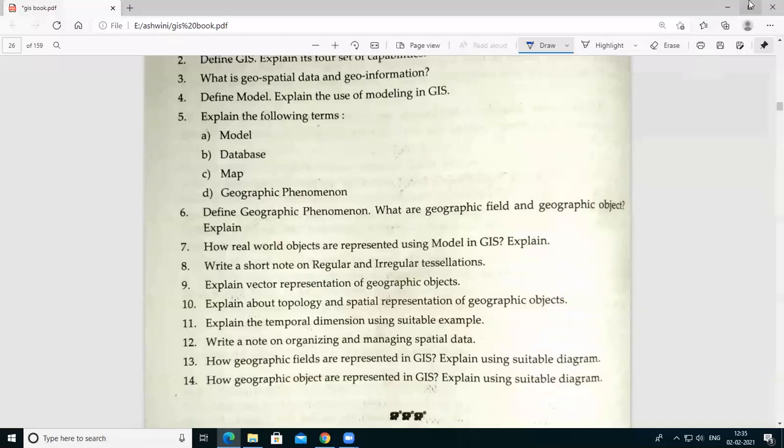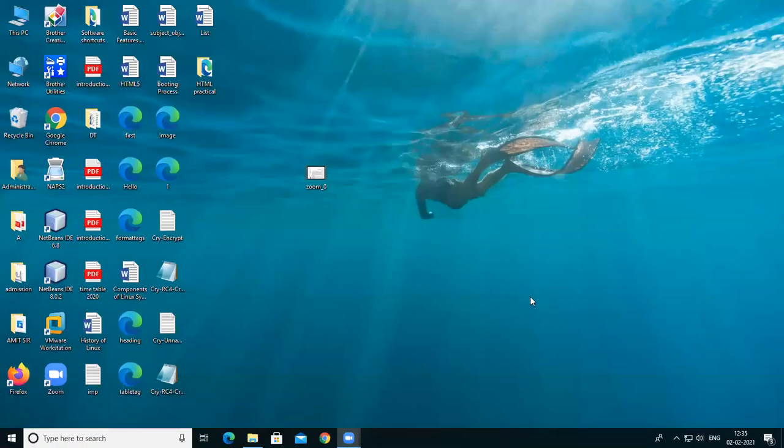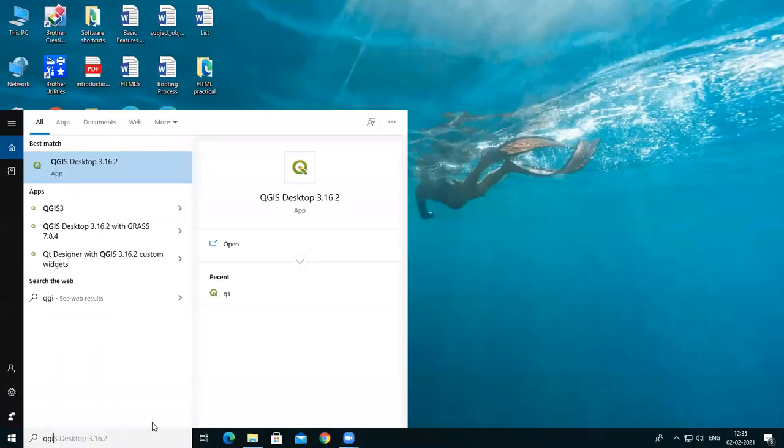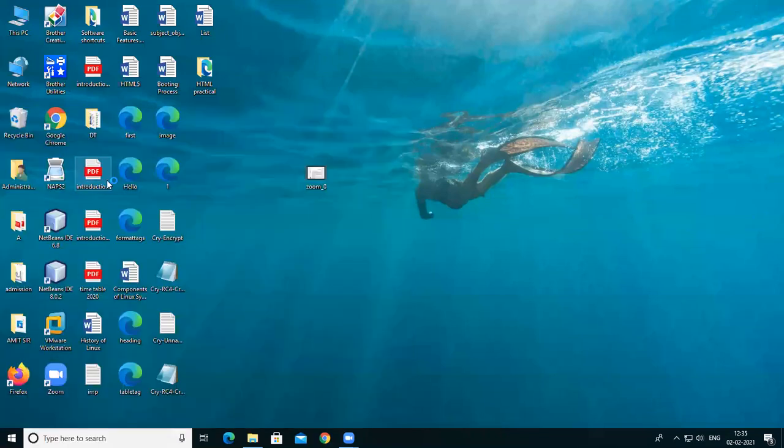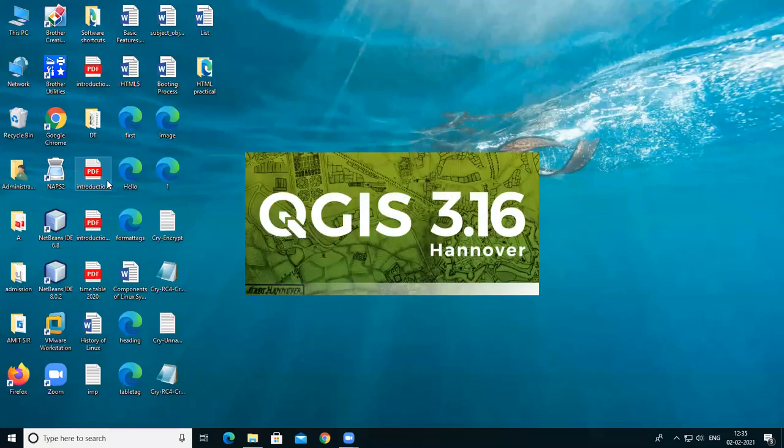So let's move towards the practical number 1D. For that, I'm opening QGIS. Wait for a moment.